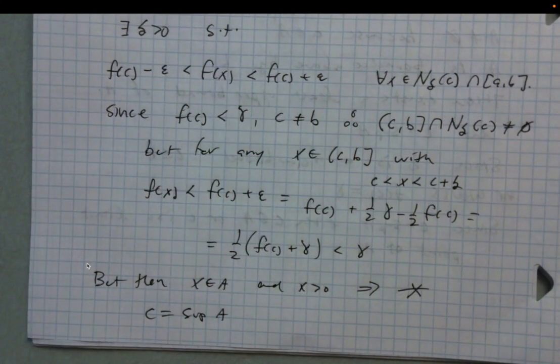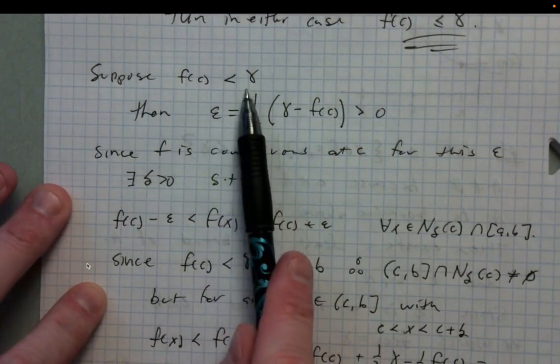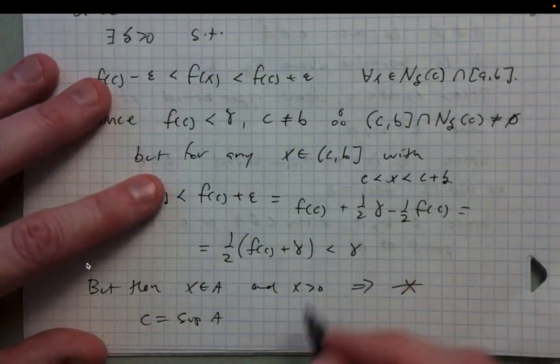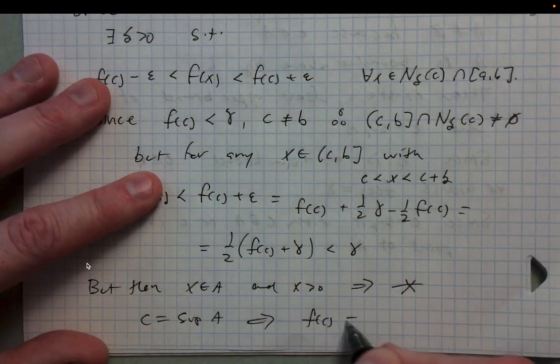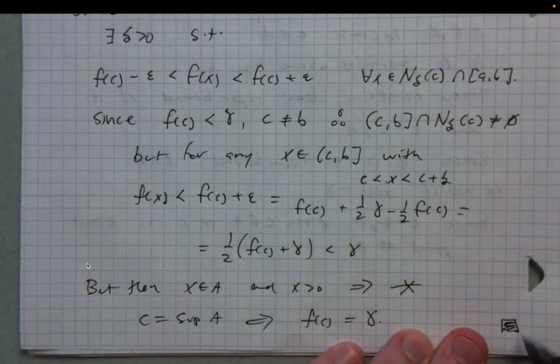You can't have all of this be true and also have x in A, x greater than C, and C equal to the supremum of A. And so the whole thing doesn't work when we assume that f of C is less than delta. So f of C is equal to delta. And so that's the proof of the intermediate value theorem,